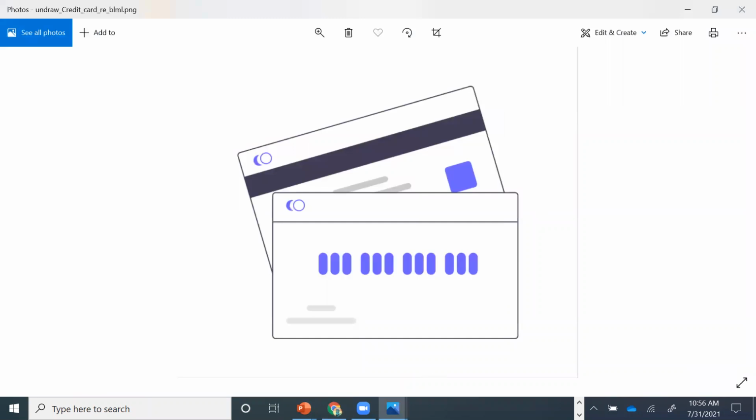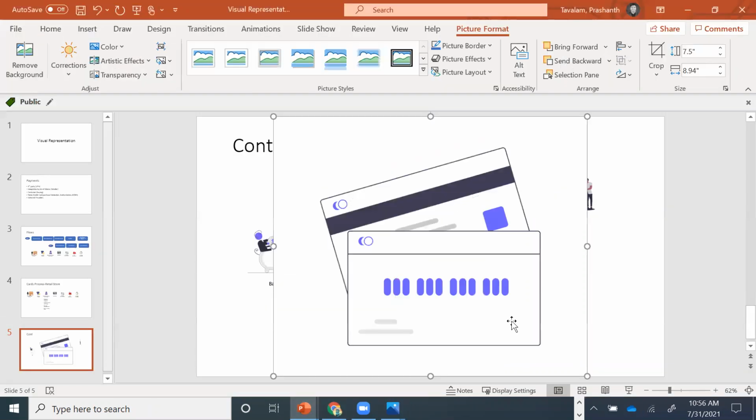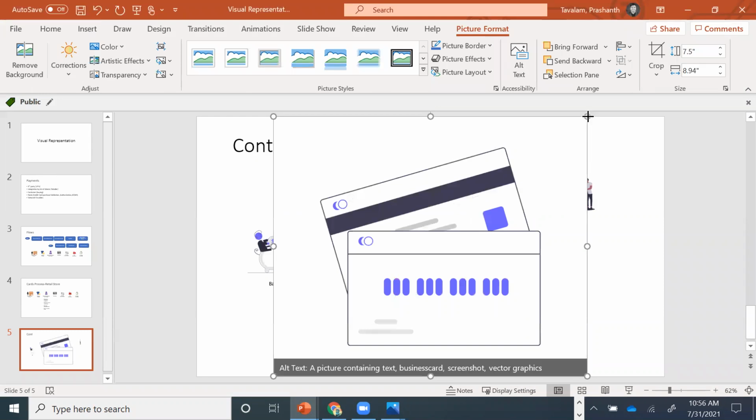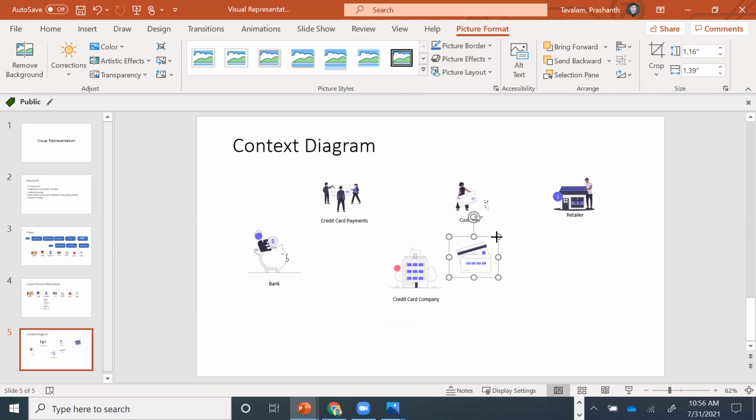Okay, stay with me. I'm finishing up this. This is called a context diagram. So you are basically providing context to whatever you're doing. This can be applied as an overview, like you want to provide an overview on the credit card cash process. So you're creating a BRD or some sort of visual representation for your stakeholders. So this makes a lot of sense.